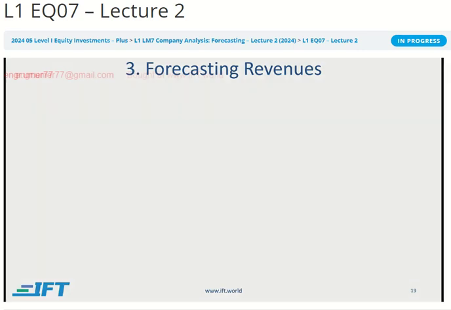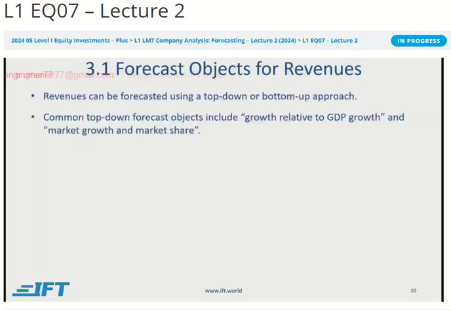For forecasting, and that is, of course, revenues. We can take a top-down approach, we can take a bottom-up approach, or we can actually take a hybrid, which is a combination of both of them combined, right? Top-down means growth relative to GDP. That's a very, very good approach. And I gave you an example earlier.